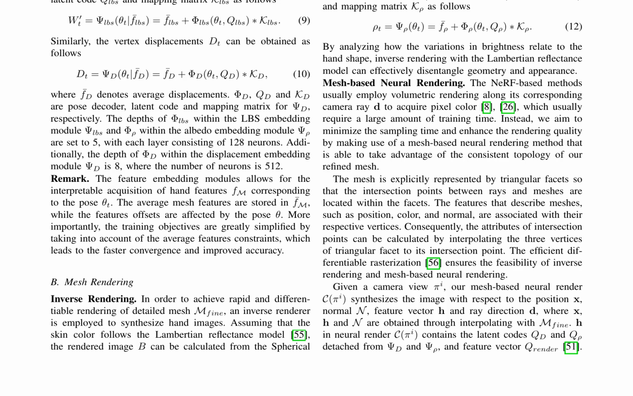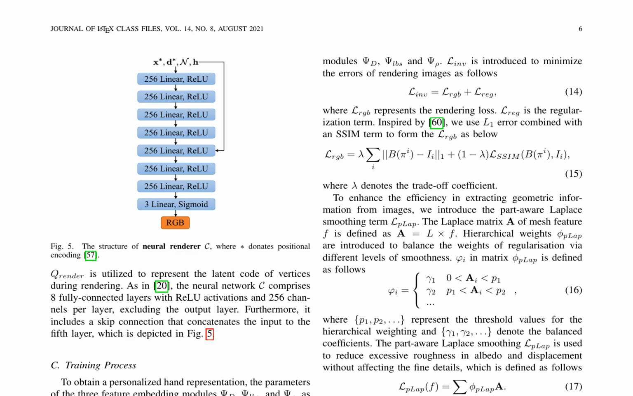Given a camera view pi, the mesh-based neural renderer C synthesizes the image with respect to the position x, normal n, feature vector h and ray direction d, where x, h and n are obtained through interpolating with M-fine. The neural renderer C contains the latent codes q_d and q_rgb detached from psi-d and psi-rgb, and feature vector. The XHand model is a neural hand representation that leverages a neural renderer to generate personalized hand representations from